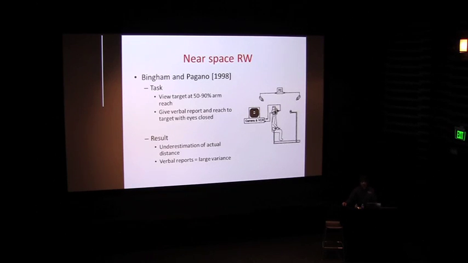The physical reaches were more accurate as compared to the verbal reports. That was one of the results that he found. And also, the verbal reports were more prone to delay in perception introduced through this system. So he introduced a delay of 1 second to 3 seconds in the visual feed that they got of the environment through this system, and we found that that had an impact on the verbal reports, but not on the physical reaches. So again, this explains how the physical reach action variable is closely connected to our underlying perception of depth and space.